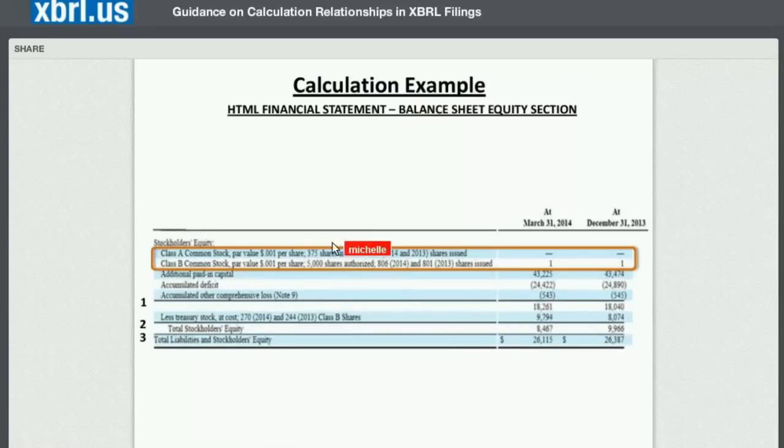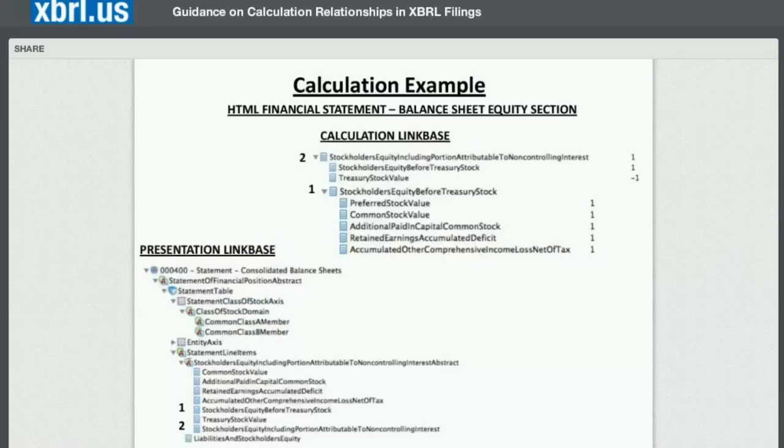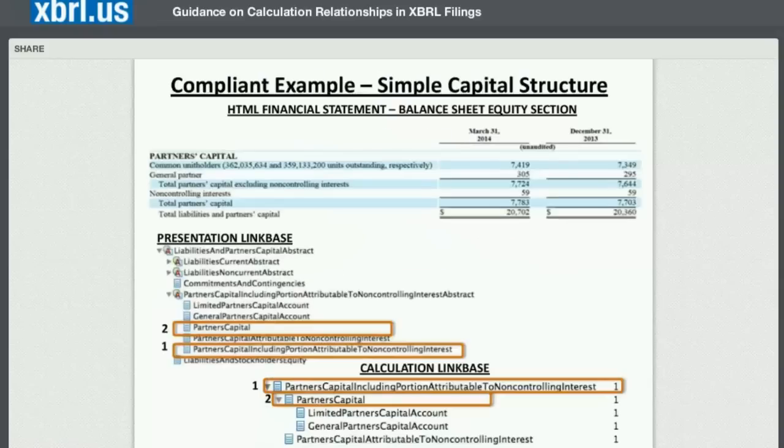They've included all of these components. Even though this class of common stock axes is dimensionalized, they have been included. Common stock value, as you can see here, has been included in the calculation. Now, this will give a calculation inconsistency for this company, but that's not an issue. You know, it's far worse if the company excludes the calculation from the calculation link base in their return. And then finally,